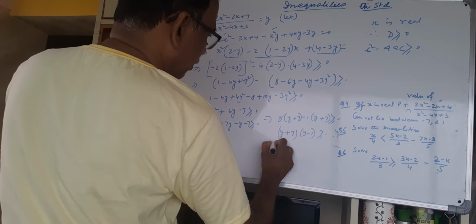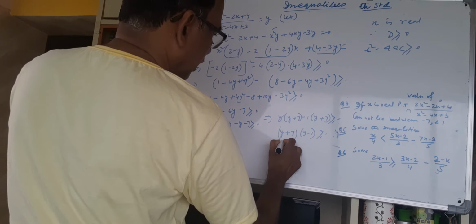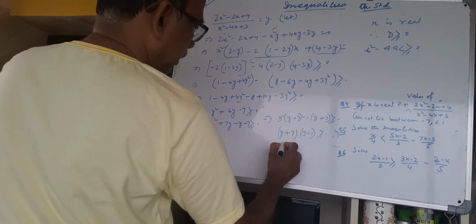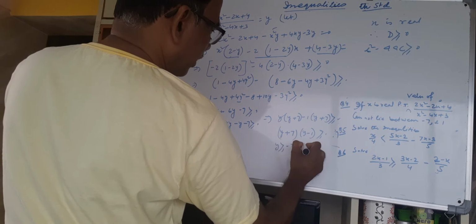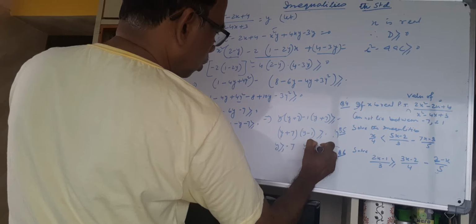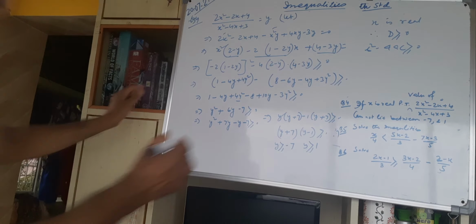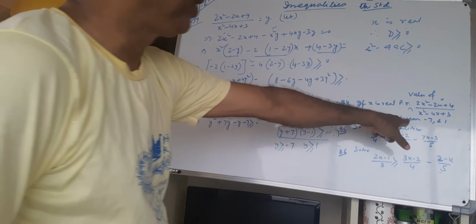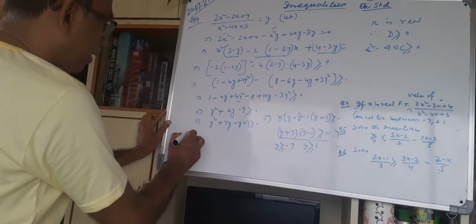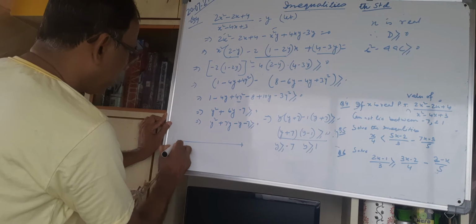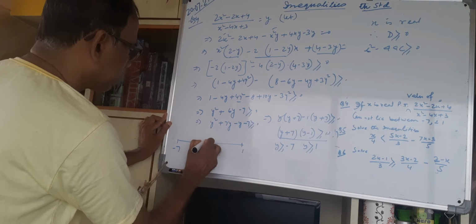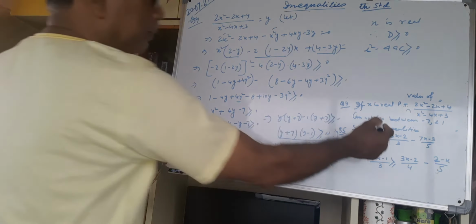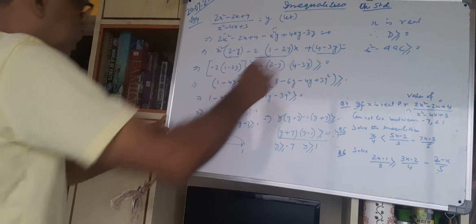Therefore minus 7, our y greater than equals to minus 7, y greater than equals to 1. Now this is our condition. We have to prove the expression cannot lie between minus 7 to 1. Suppose this is our number line, this is minus 7 and this is 1. Suppose this is 0. Our question is, within this range, the value of the expression will not lie.